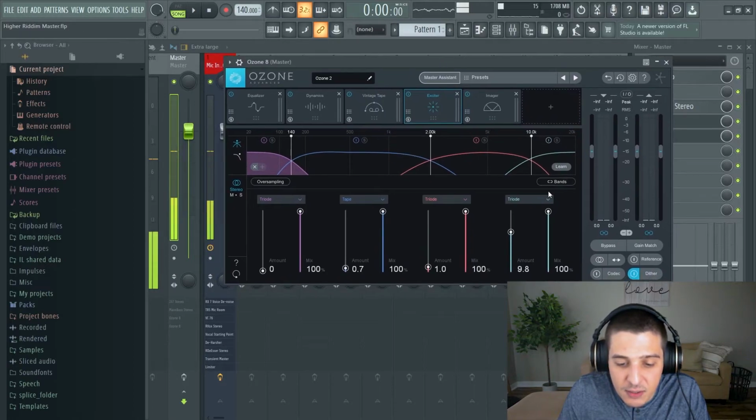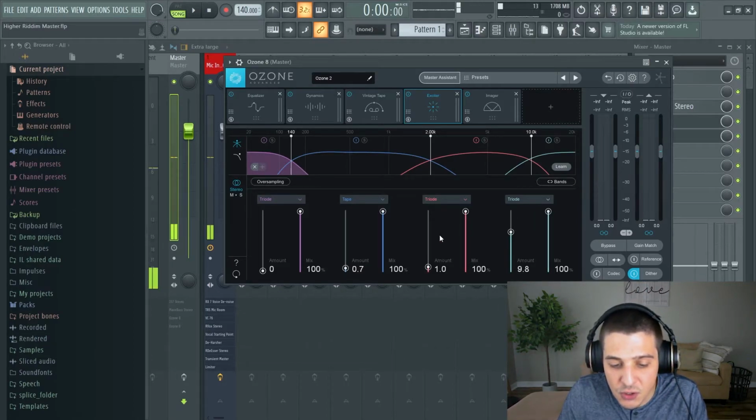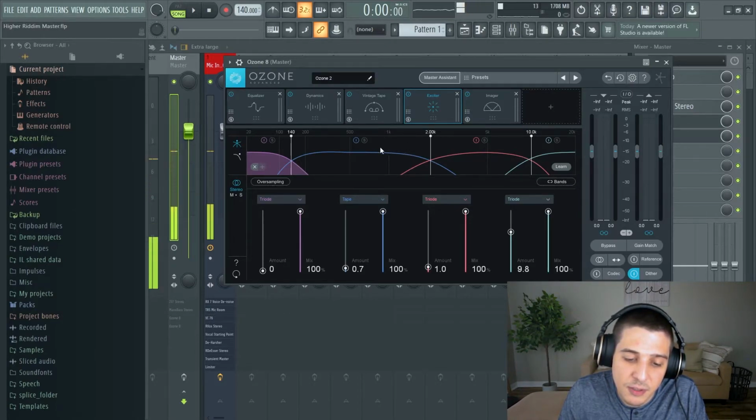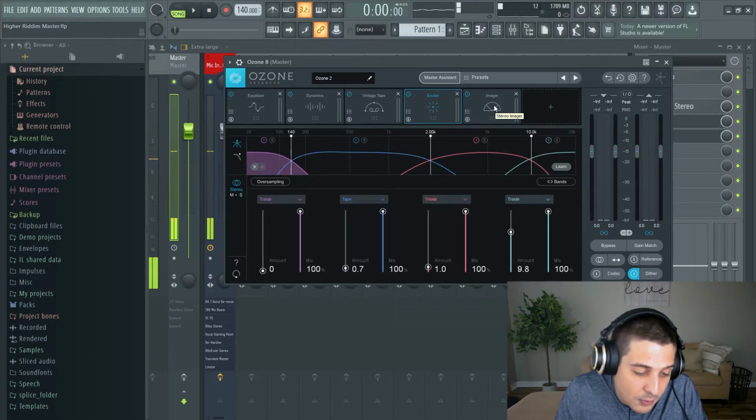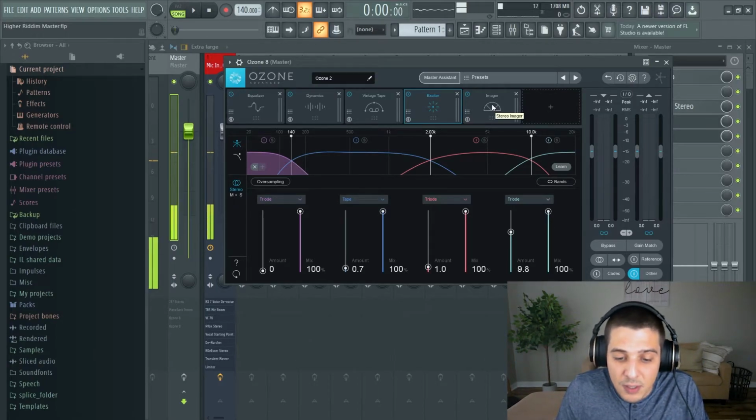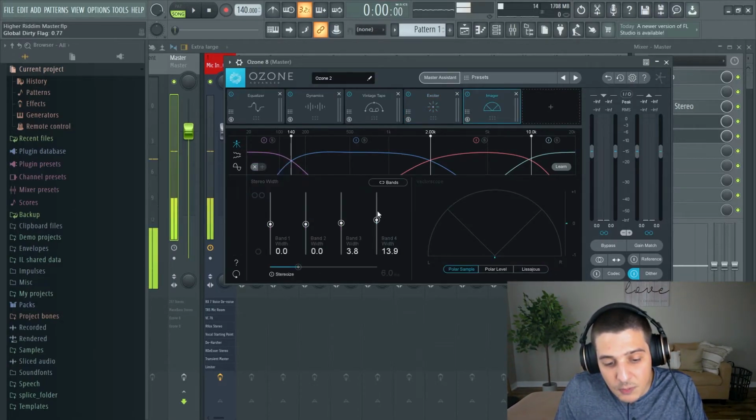So next we have an exciter. As you can see, I boosted the heck out of the highs over here. And the reason being is that I really wanted this to shine. And I also gave a little bit across the board, but a little bit in the high mids as well as a little bit in the low mids. Now, this was a very low mid heavy track, and you don't want to shine too much or add too much in the higher, and basically the 1 to 10K range, because that can translate really crappily to a phone. You don't want too much strength there. It'll create problems.